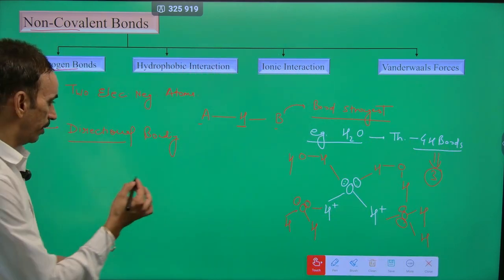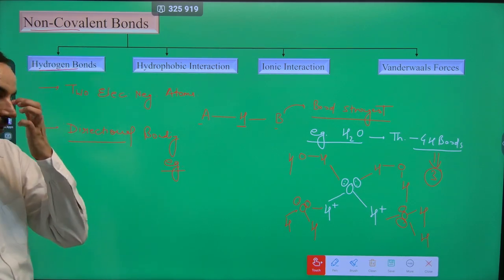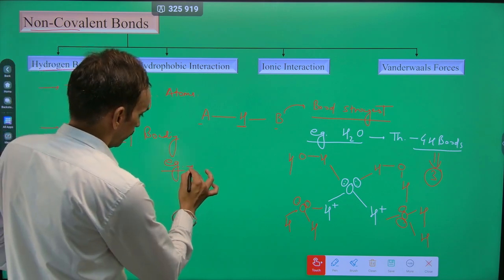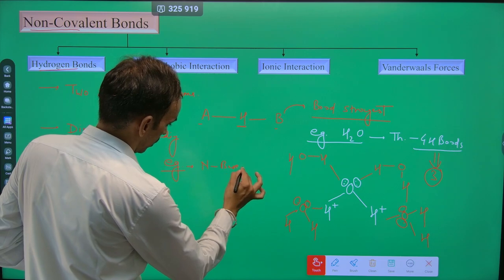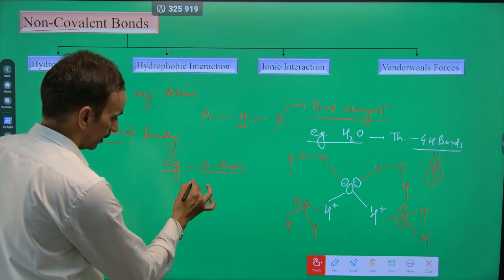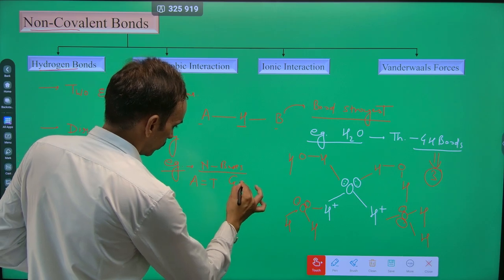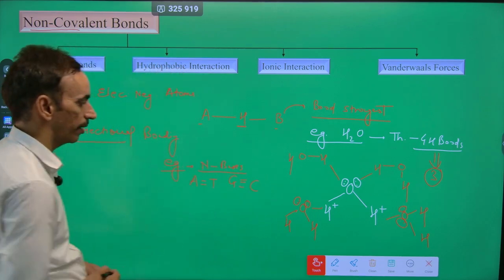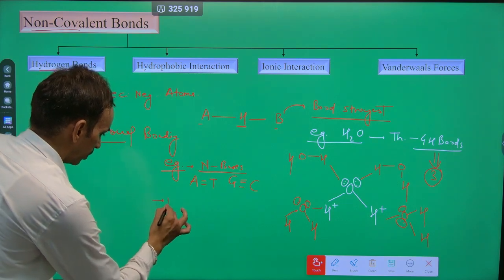If we talk about the examples of these hydrogen bonds in the biological system, then the bonds found between the nitrogenous bases are hydrogen bonds, like adenine-thymine, there is a double hydrogen bond, and guanine-cytosine, there is a triple hydrogen bond. Similarly, they also provide stability to the protein